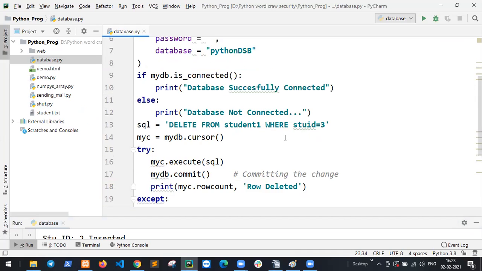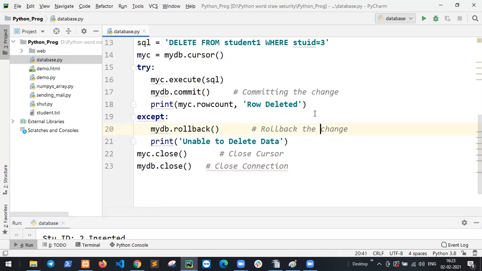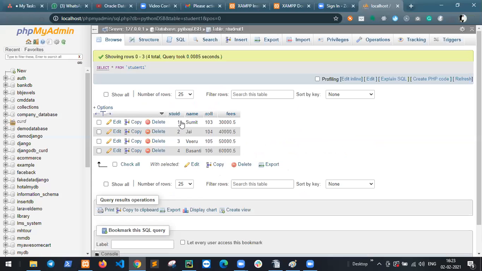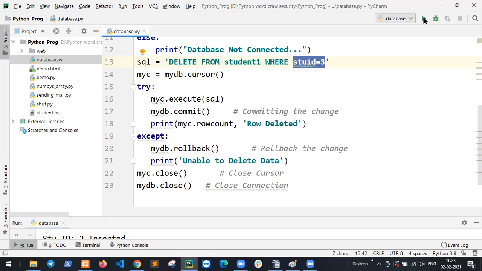Okay, so run this code. Student1 where STUID 3. So where this ID STUID is 3, this 3 value is deleted. Okay, so run this code.